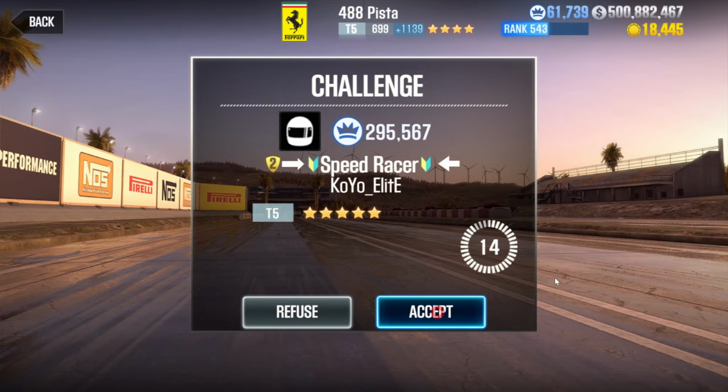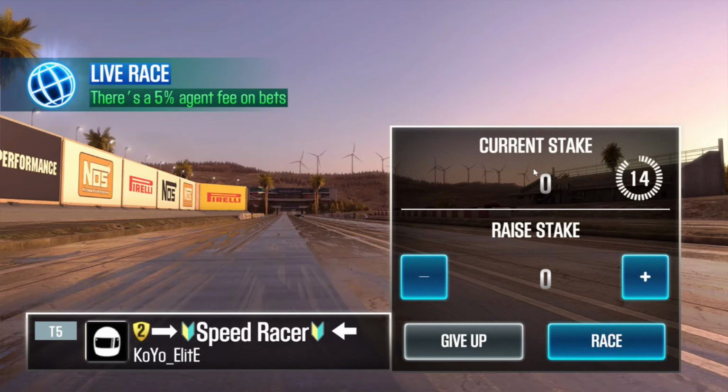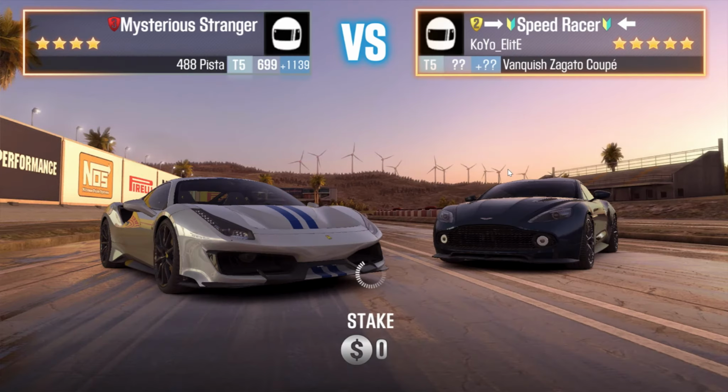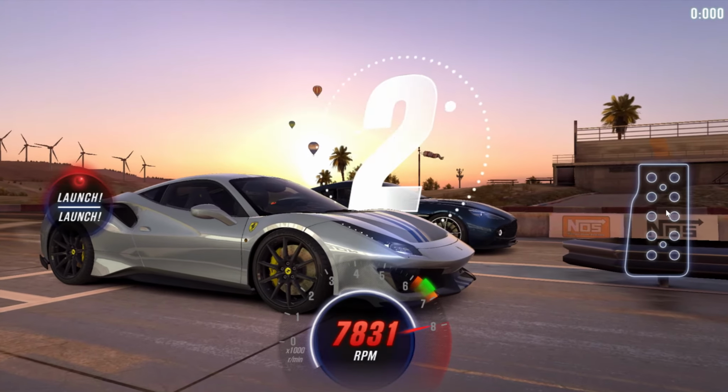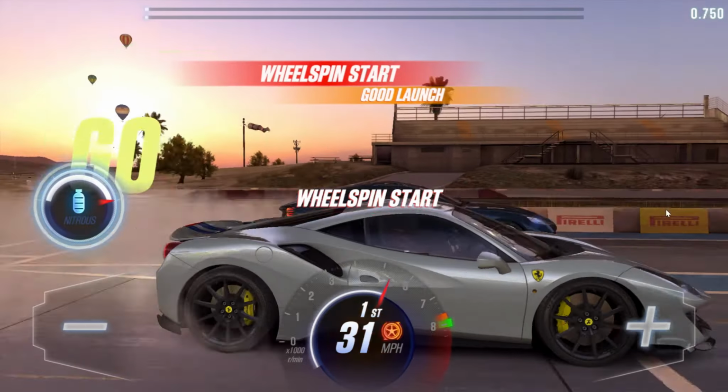Speed Racer. All right, Speed Racer. Let's go. I kind of forgot how to drive this car, though. That's a problem. I tuned it. I figured out how to drive it. Now I'm driving all these other cars. Now I kind of forgot this one. Well, I'll do my best. He's got a Vanquish Zagato. Haven't played with that car much yet. Hopefully it's not a dyno buster and just destroys me, but...